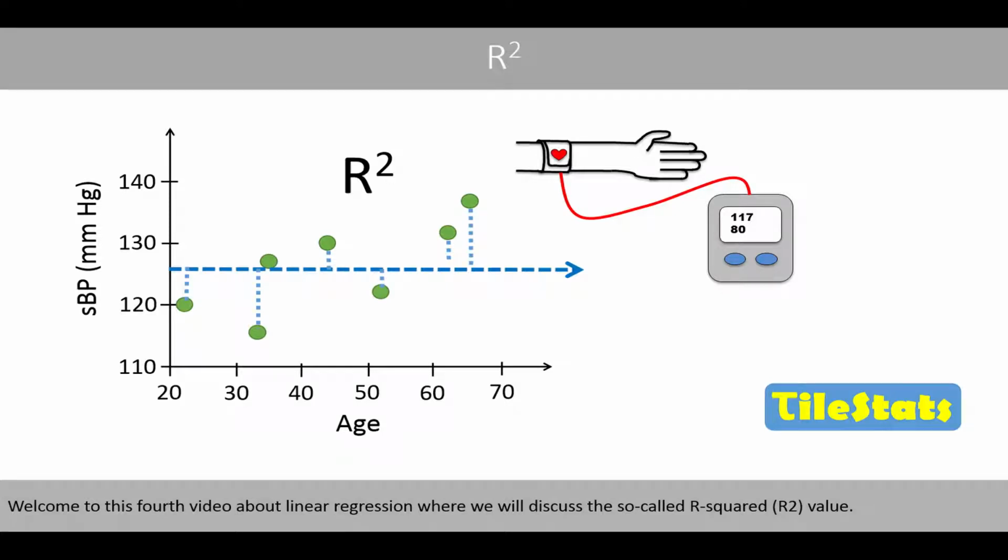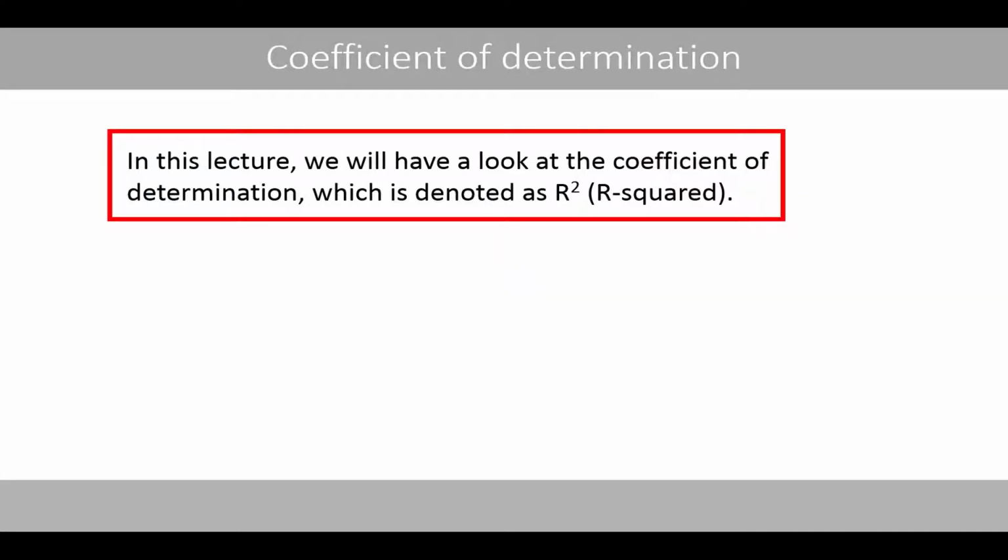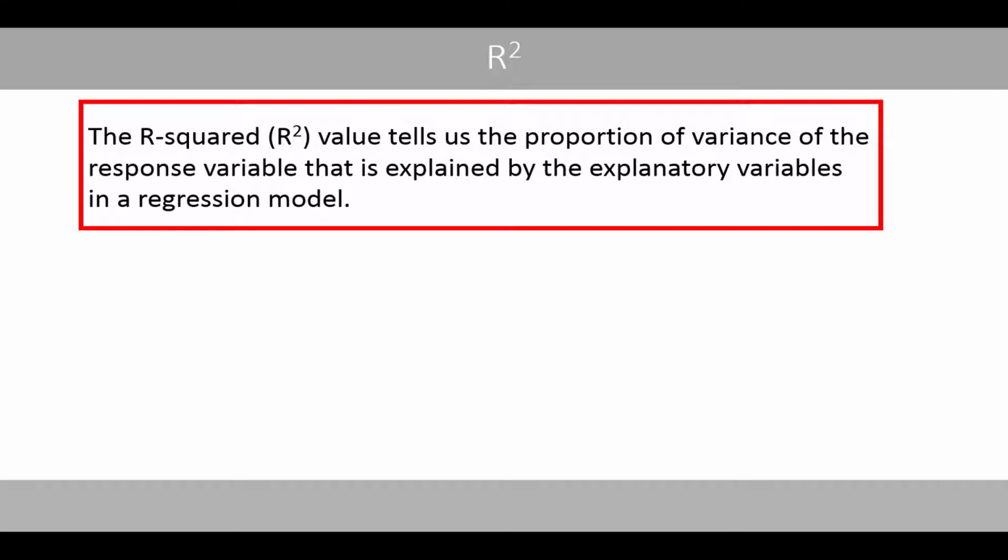Welcome to this fourth video about linear regression, where we'll discuss the so-called R-squared value. In this lecture, we'll look at the coefficient of determination, which is denoted as R-squared. The R-squared value tells us the proportional variance of the response variable that is explained by the explanatory variables in